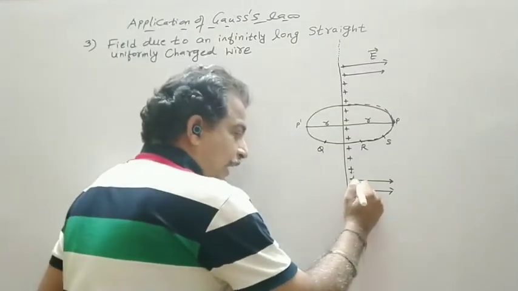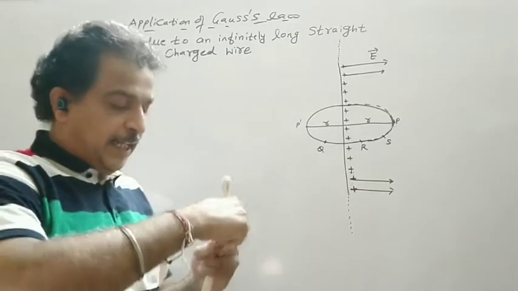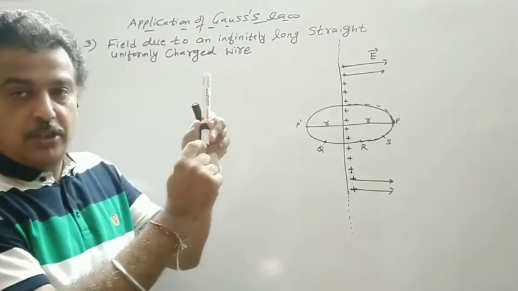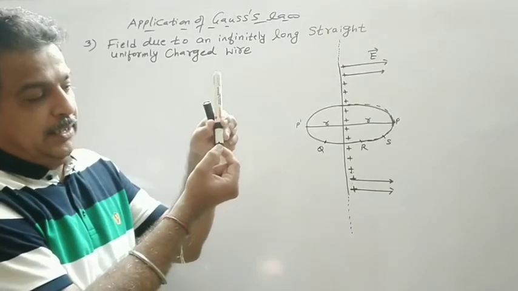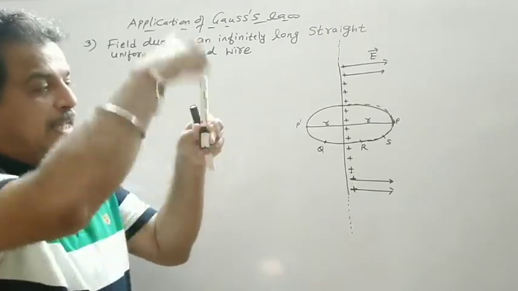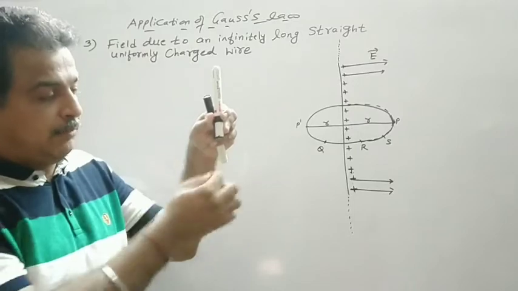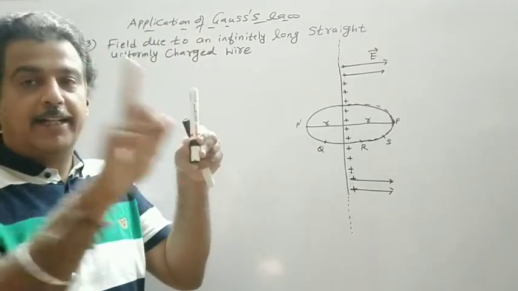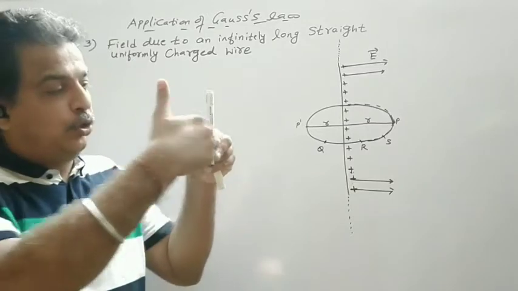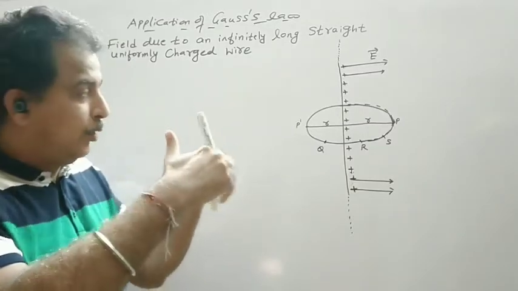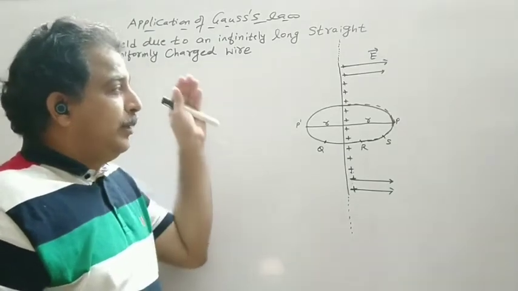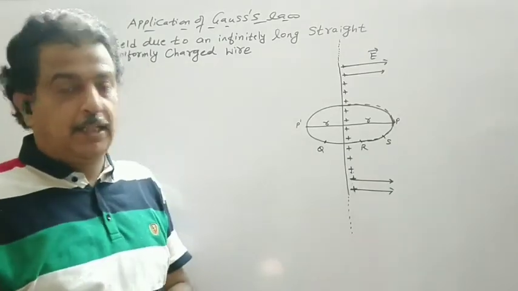If we take a finite wire, then there is a possibility that a charge which is at the edge has a field in the same direction, meaning along the axis of the wire. Otherwise, if the wire is infinitely long, all the field lines are radially outward or normal to the wire. Now let us see the mathematical way to prove that the field lines are radially outward.